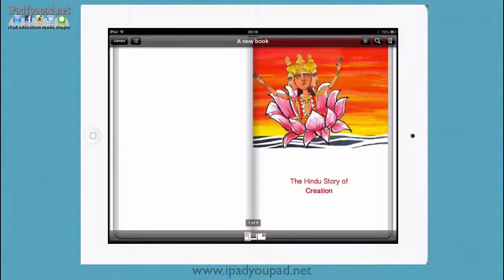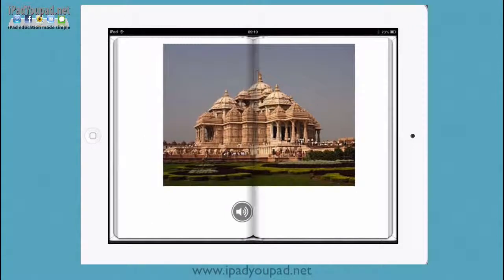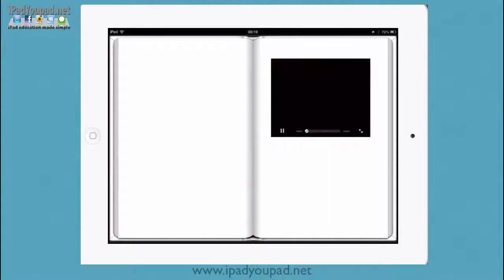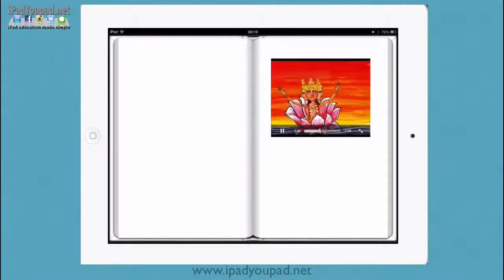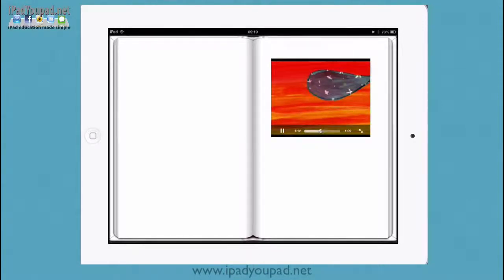And you can see now I can read the book quite nicely. Click on the recording button and record wherever you want to record. This is a temple, and you can see the pages will move on nicely. Brahma split the lotus flower, making 3 different parts: the heavens,